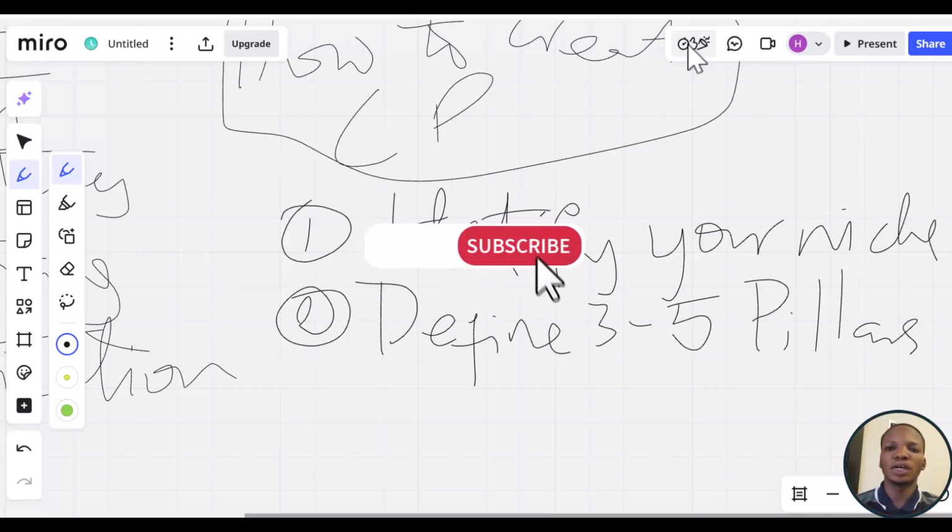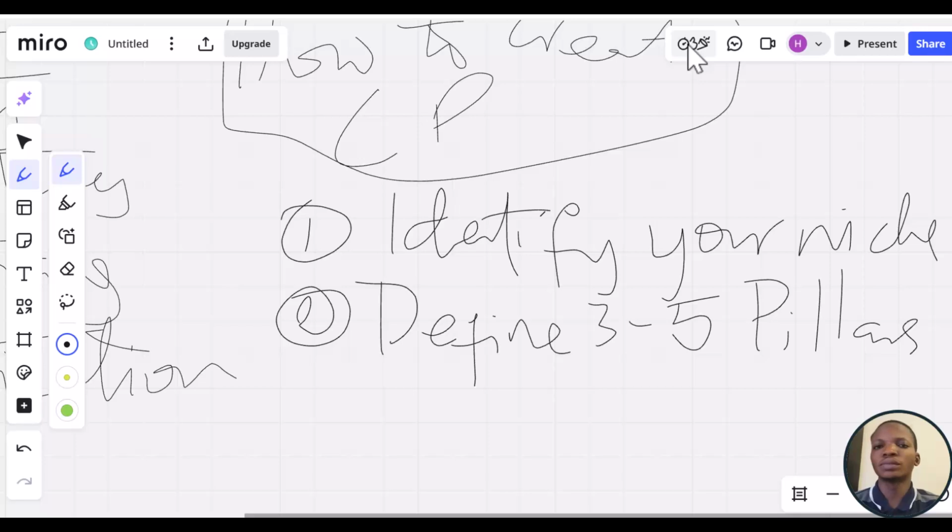So, for example, if you are teaching online business ideas like we do at Hive Mind, our content pillars can be something like business ideas and trends, marketing skills and marketing strategies, marketing tools that you can use, personal development and mindsets, money management for new earners. The pillars can vary based on your niche, based on your mission, based on what you're trying to achieve, the people you're trying to target. And you can get at least 5 or 7 content pillars and then minimize it to the best 3 or